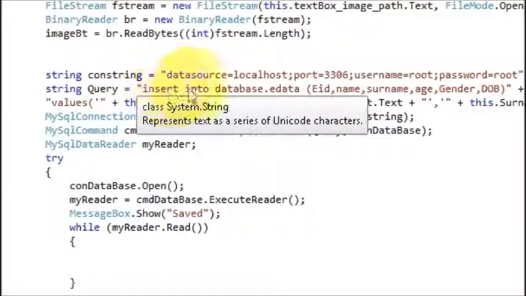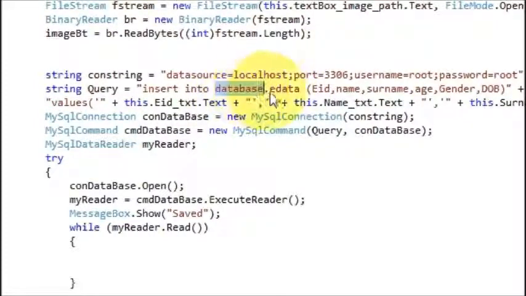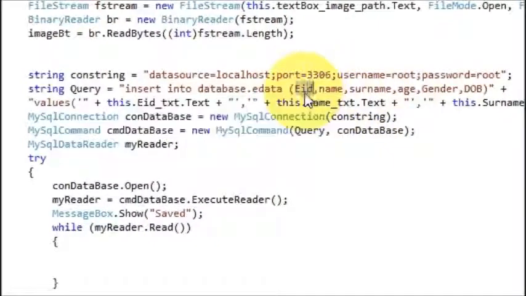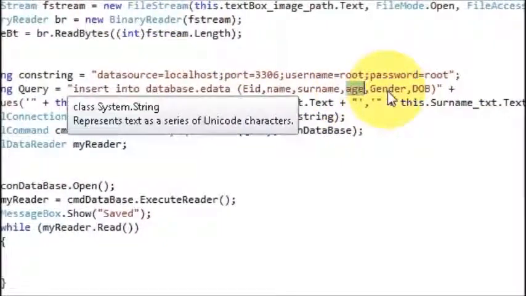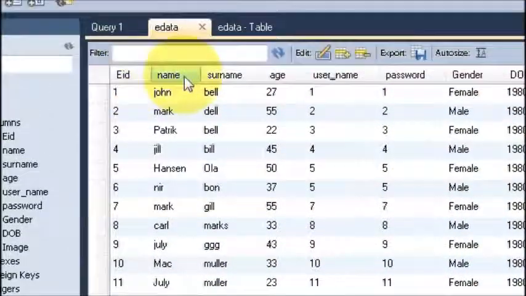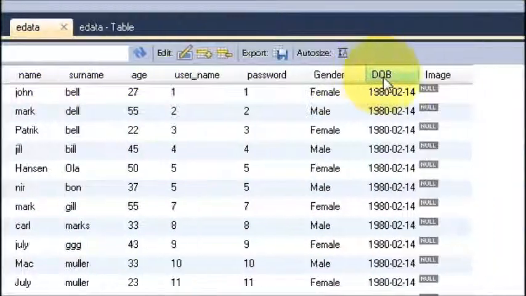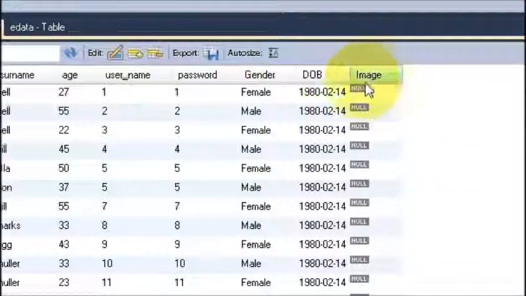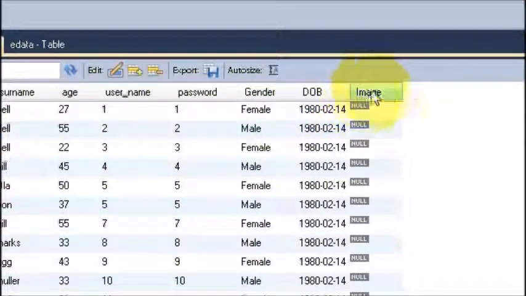So here we have insert into data dot edata, which is the database name dot table name, and in the bracket these are the column names in the database: employee ID, name, surname, age, gender, and date of birth. And now we are going to include one more